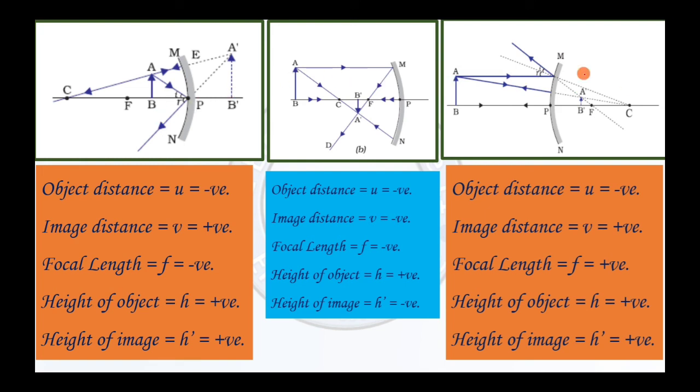So three different cases we have seen. Both of the first two are concave mirrors, but still there can be differences. Right, here height is positive, here height is negative. Here image distance is positive, here image distance is negative. This is a convex mirror, so there will be some more changes. Right, now there are few fixations also. Focal length will always be negative for a concave mirror and always positive for a convex mirror. But we will not go into any fixations for now. We just need to apply the sign conventions. Some fixations about focal length we will study in the upcoming video lectures.